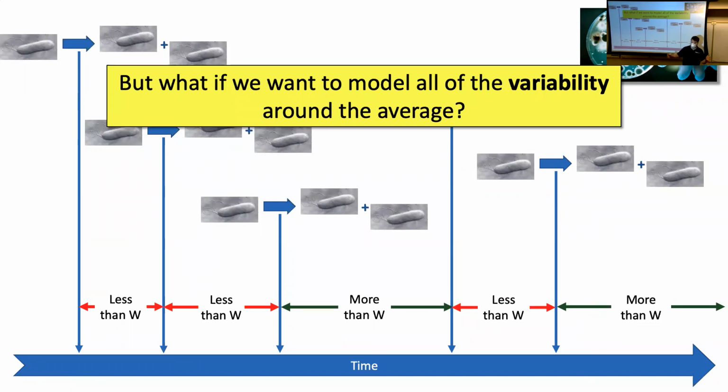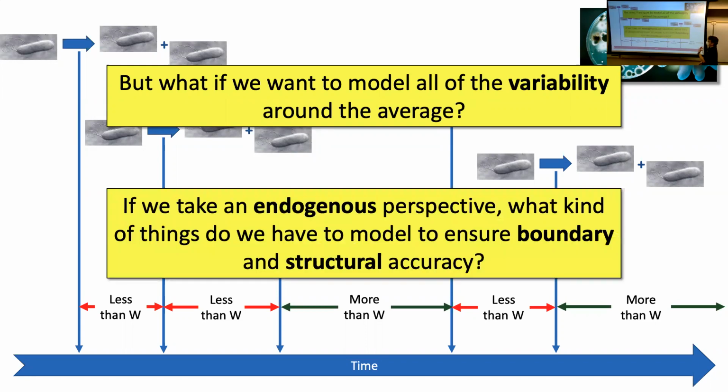Knowing the average behavior of the whole day is useful for thinking about your business in the long run, but for managing it in the short run, you really need to know at 1 o'clock, what am I going to get? At 2 o'clock, what am I going to get? And so on and so forth. So we might actually care about the real variation. So the question is, how do we build a system that models this variation?